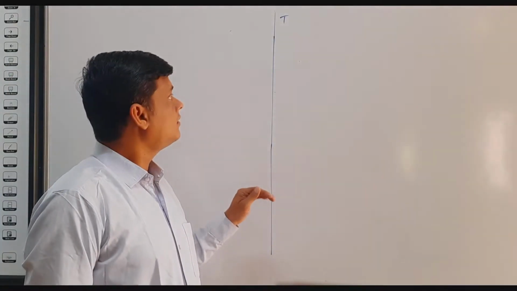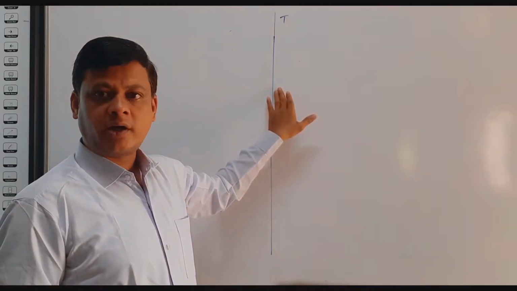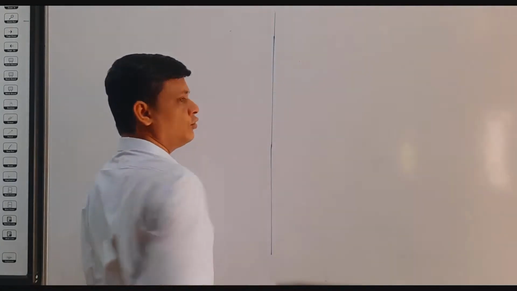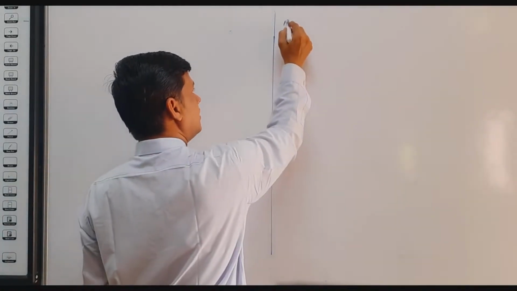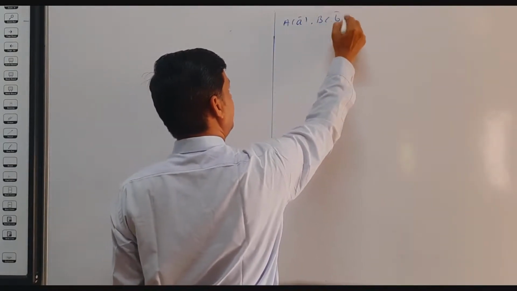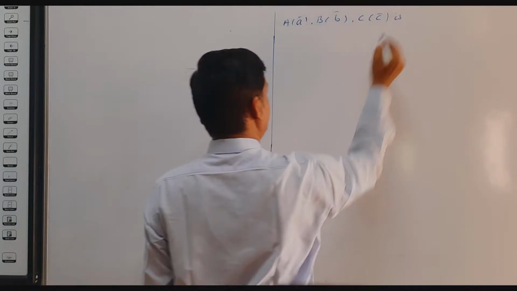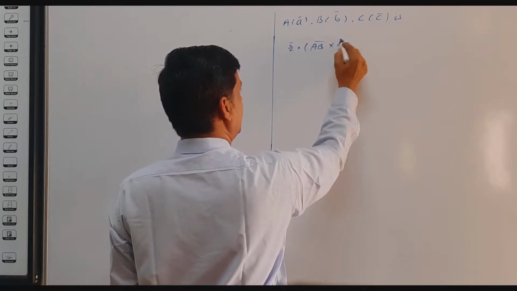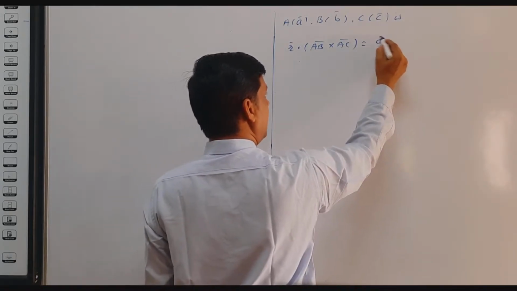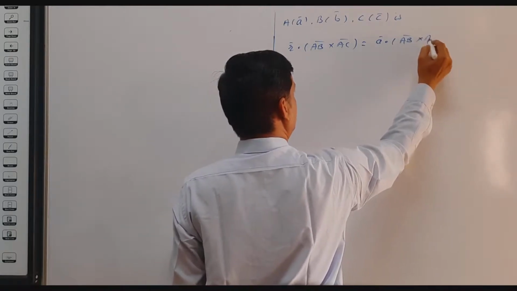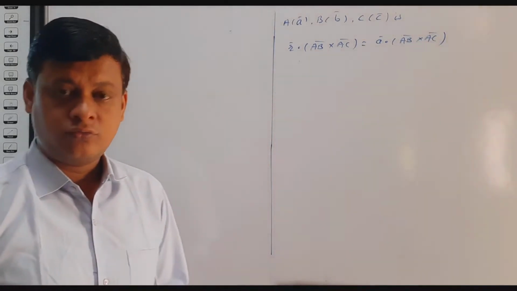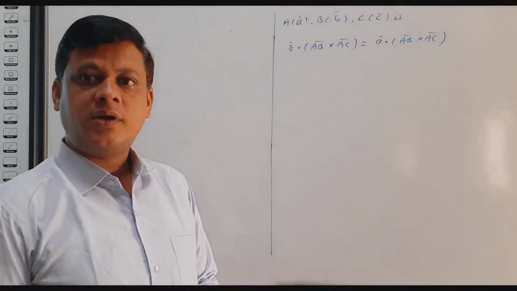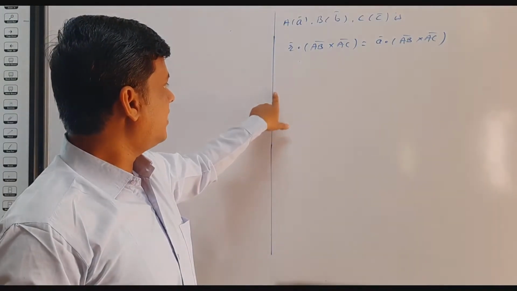In the last lecture we proved the vector equation of the plane passing through three non-collinear points A of A bar, B of B bar, C of C bar is R bar dot vector AB cross vector AC equals A bar dot vector AB cross vector AC. So this theorem we proved. So we discuss some concepts regarding this